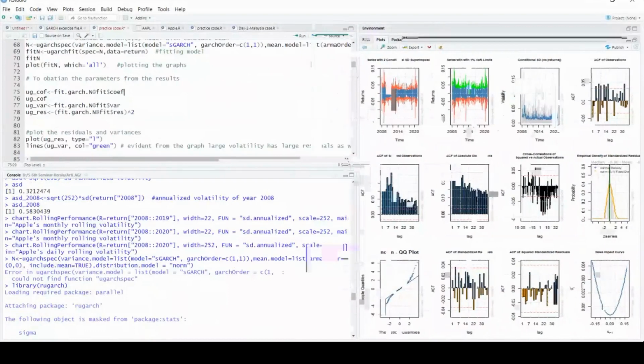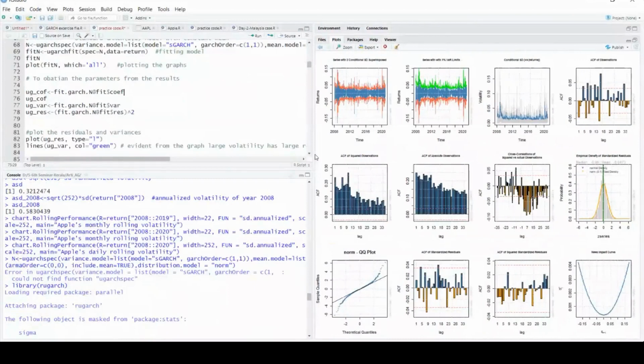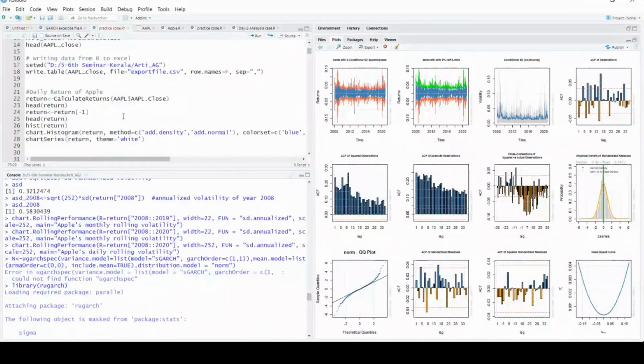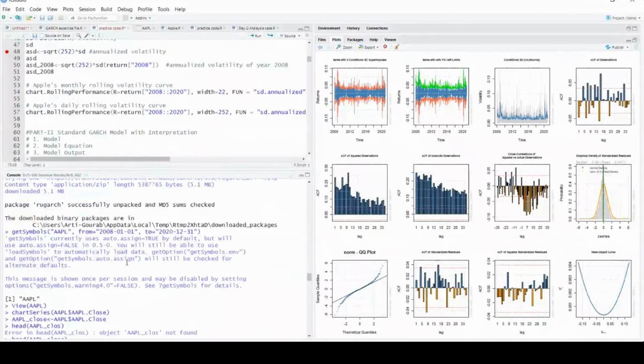Yes, please carry on with your question. Ma'am, there is robust standard errors. That means whether it is adjusted for the possible heteroscedasticity in the data. So there won't be any kind of adjustment of the heteroscedasticity. Robust error, let me just cross check it again where it is gone.